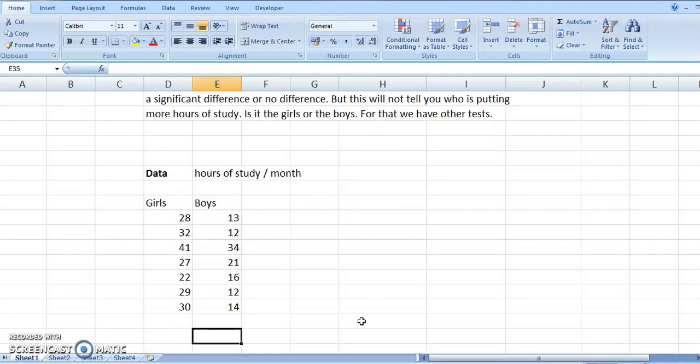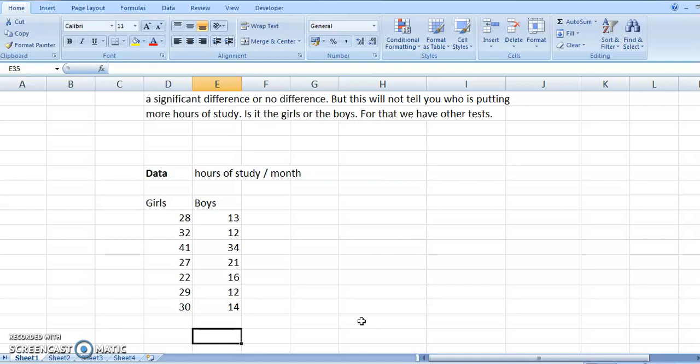So we are having a small set of data. You may sometimes claim, sir, this is a small thing, we can ourselves find that there is a difference between the study hours of boys and girls, so why would we need a t-test? You are absolutely right. If the data set is small, as we are looking at it right now, you wouldn't need any tests to identify the difference. But let's assume the data set runs to 1000 plus, or 2000, or 5000 observations.